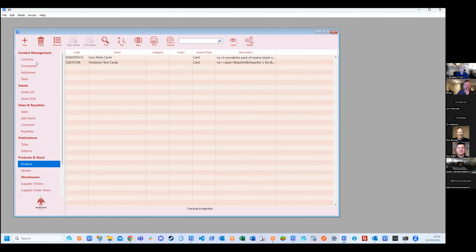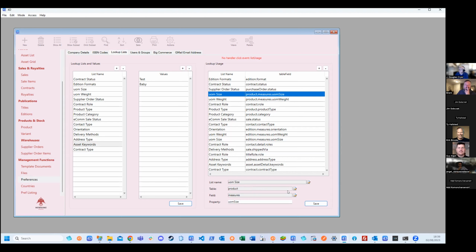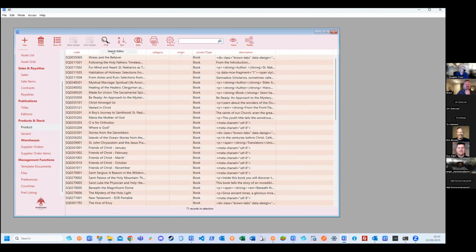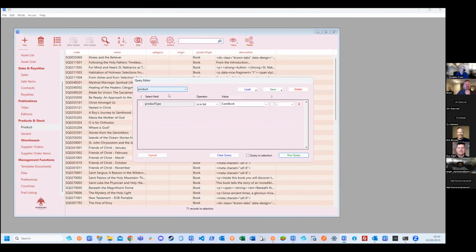feature here. And each of those I map a lookup list to a table and a field and possibly even a property if that's an object field. So in this particular one, I've got product measures UOM size, and I can, if I go back to product and I did a query on measures, I've broken my query editor for some reason. That should be displaying